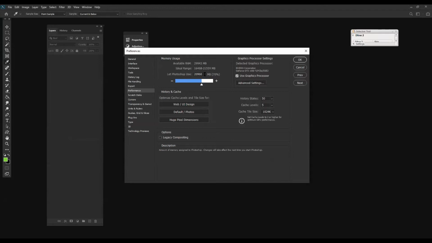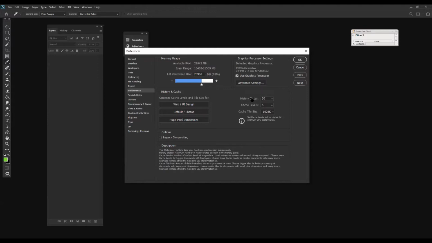Basically, it depends on the amount of RAM. Like I have 32 GB of RAM. I have allotted 70%, around 20 GB it's showing. Keep the RAM around 70 to 90%. If you have a lesser PC, suppose 16 GB RAM or 8 GB RAM, then make it around 90. If you have a high-end PC, such as 32 GB RAM, 64 GB RAM, then allot it around 70%. It will help your speed.